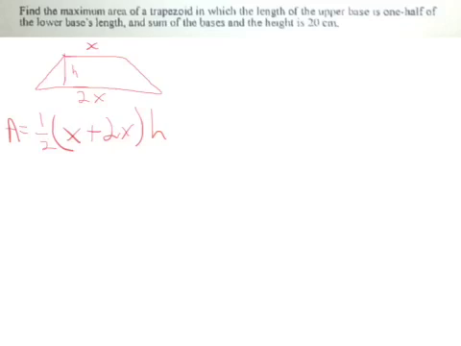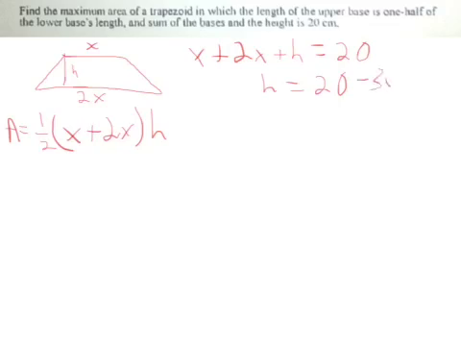So we're given a number of 20 centimeters, and we're told that the sum of the bases and the height is going to be equal to 20 centimeters. So if I take x plus 2x plus h, that's going to equal 20. Since we have x and 2x as my bases, it's probably going to be easier to convert height to x's, since there's only one number we have to trade over to x. So if I change h over to x, I can solve this, and I'm going to get h equals 20